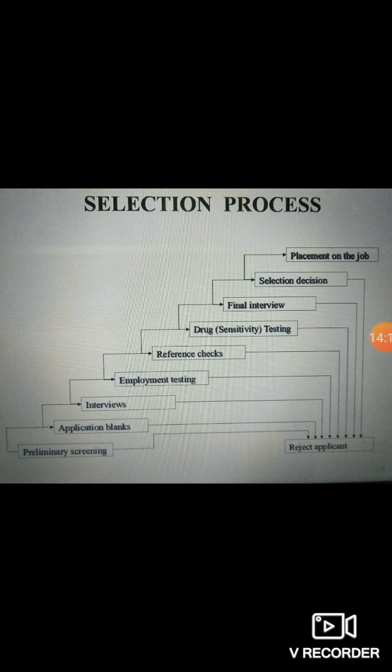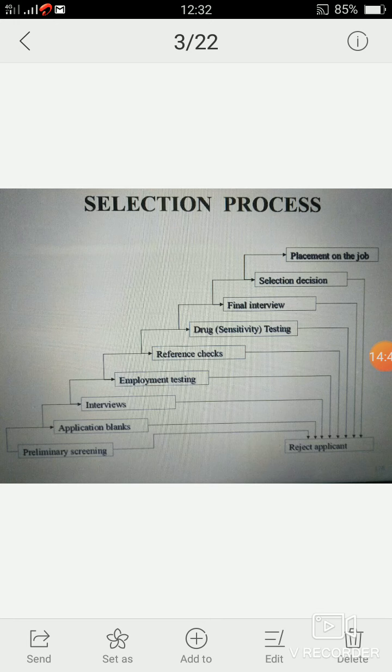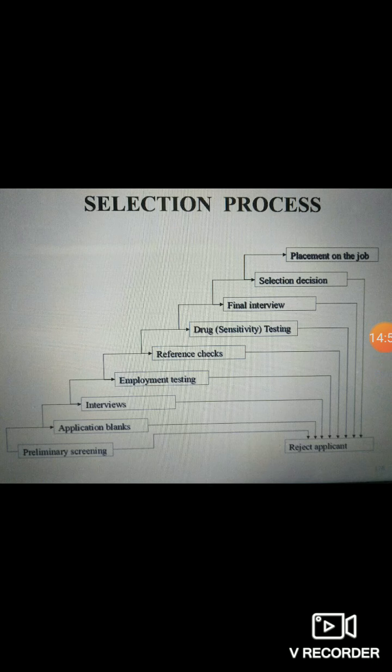It's a selection decision stage, but still there is a possibility for rejection here because we always have a reference check suspicion, isn't it? That suspicion is being checked with so many sources of contacts, and ultimately it is proved that he is guilty of some offense or some continuous disciplinary actions from all the previous employers. In these kinds of conditions the selection may be negative. In that case, here also there is a possibility for rejection of the applicant at this stage.